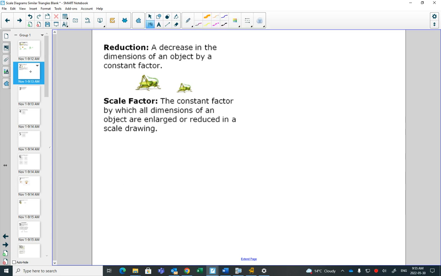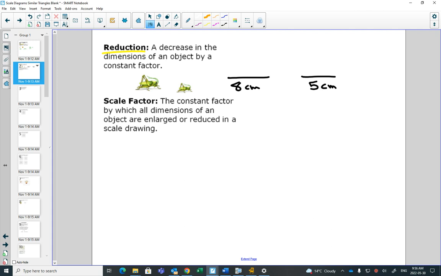Next definition, a reduction. Sometimes it's nice to make something smaller. So you decrease the scale factor of an object. So here, if the original one was, I don't know, 8 centimeters, and the new one was 5 centimeters,